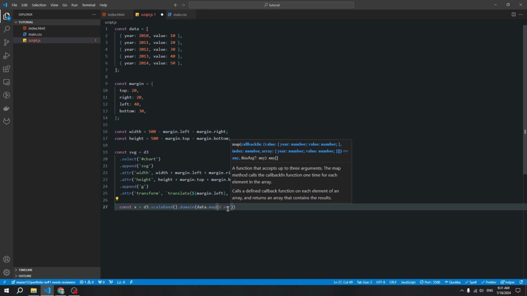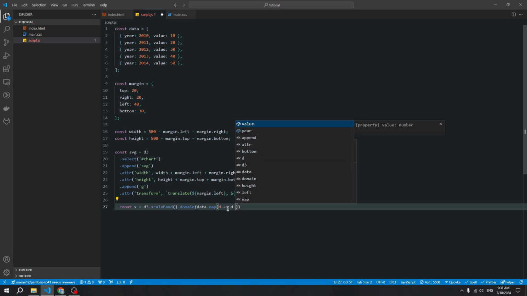We can add D and property year, and also set the range of the X scale to the width of the chart area using property range,